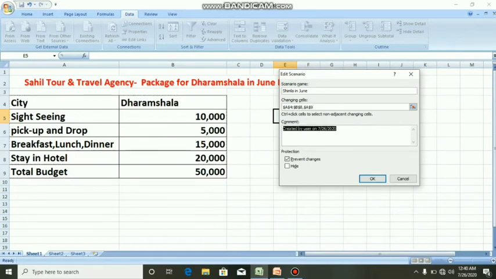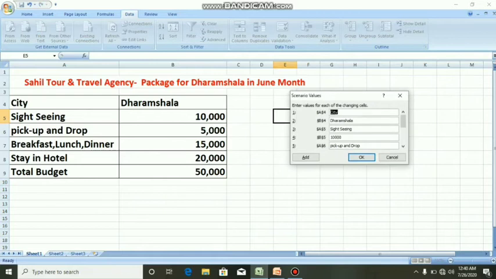In the comment section, if you want to type, this is the Shimla package. Click on OK. Now make the changes in these boxes. Change the city, that is Shimla.